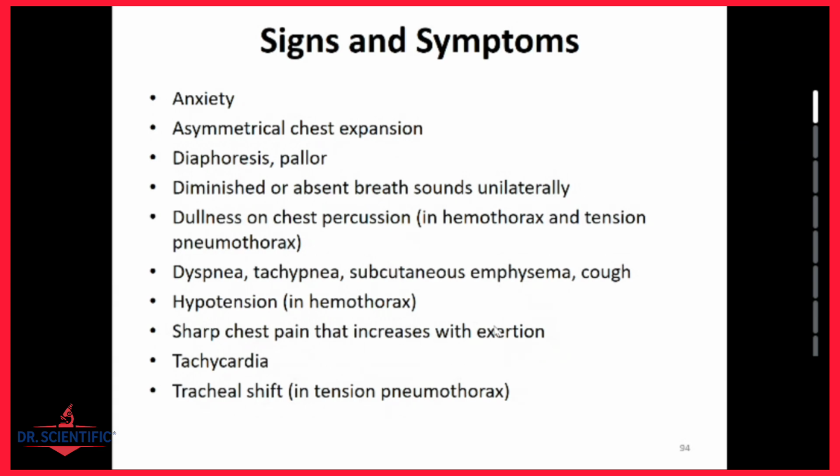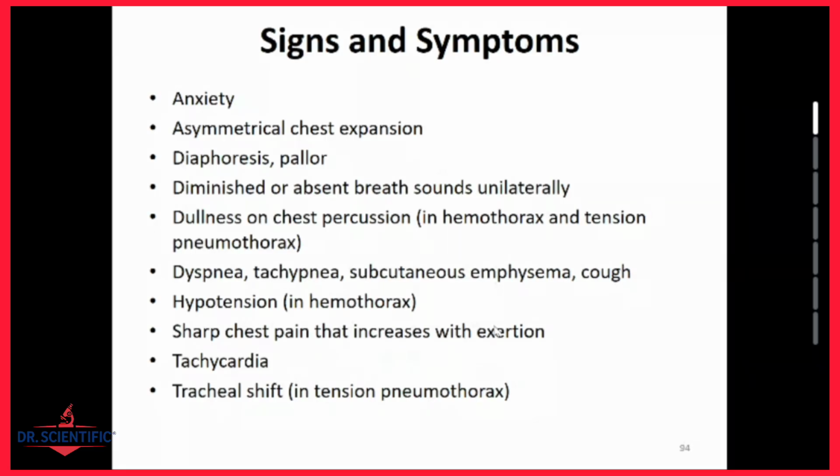We have hypotension in hemothorax because of the blood loss into the pleural cavity, sharp chest pain, which increases with exertion, tachycardia, the tracheal shift or tracheal deviation, which is a late sign, more especially in tension